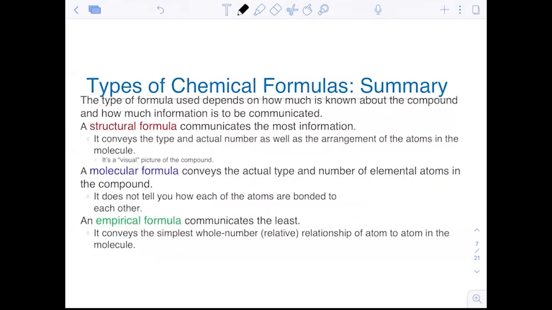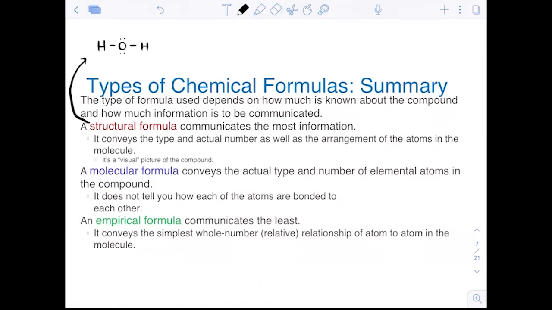Here's a summary of the types of chemical formulas that we can see. A structural formula is usually what depicts the most amount of information. It's that visual picture of the compound. For a structural formula, what we see is something like